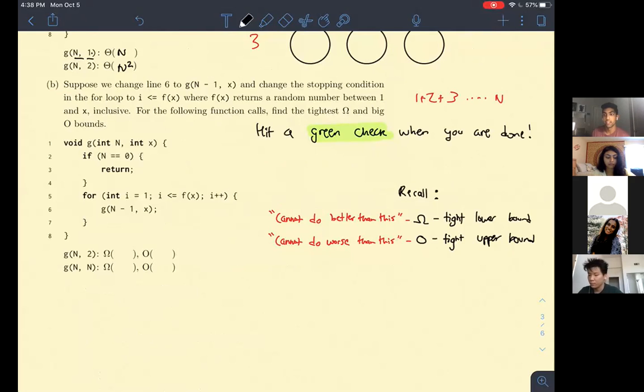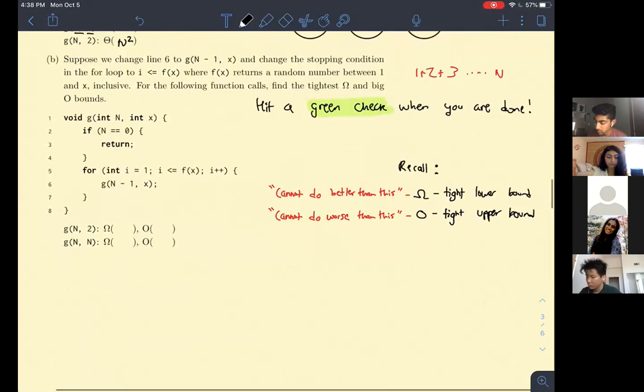Okay, so for this question, we're looking at finding a tight omega bound and a tight big O bound. What this means is we should consider the function when it does as bad as possible, when it takes as much time as possible, and we should also consider the situation when the function is as quick as possible, okay? So let's look at the best situation,